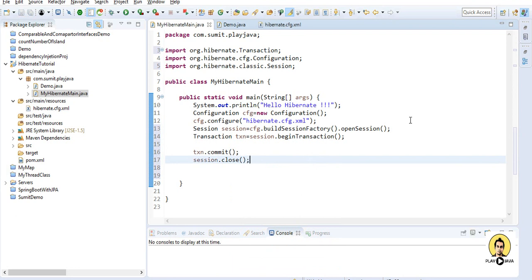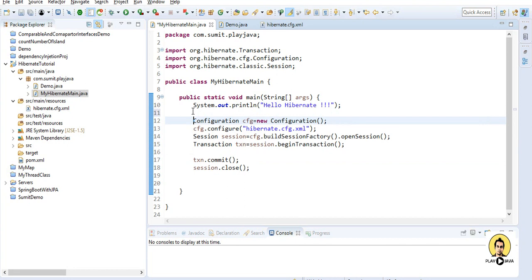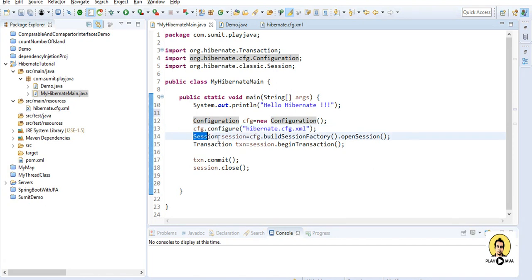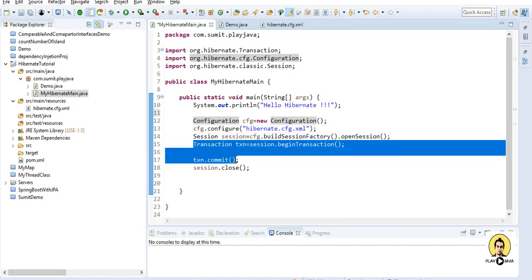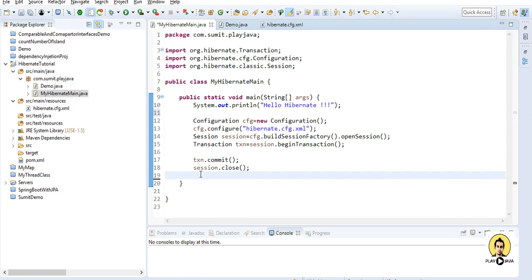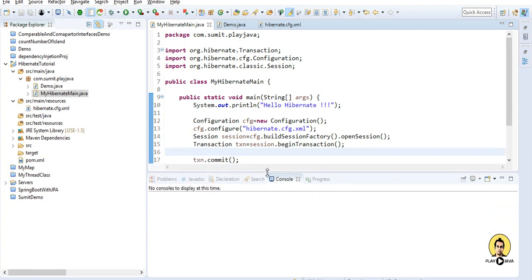So this is the whole process we generally do. We do the configuration initially, we configure according to the XML file, build a session with the configuration of that XML file, begin the transaction, commit it and close the session. In this way the whole data will be created in the database, and whatever we have to do, we just have to put it inside the transaction part, and we can do the transaction on the database. So let's first create the schema.